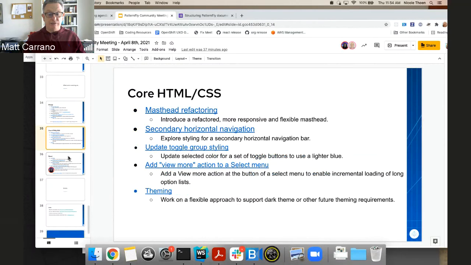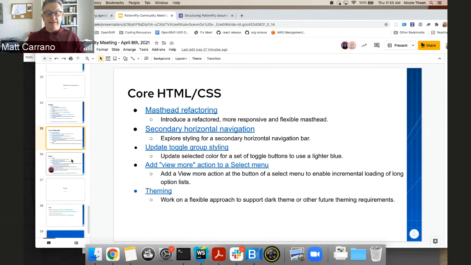We have a new secondary horizontal navigation bar that we're going to be introducing, which is a restyling of our secondary and tertiary horizontal navigation.